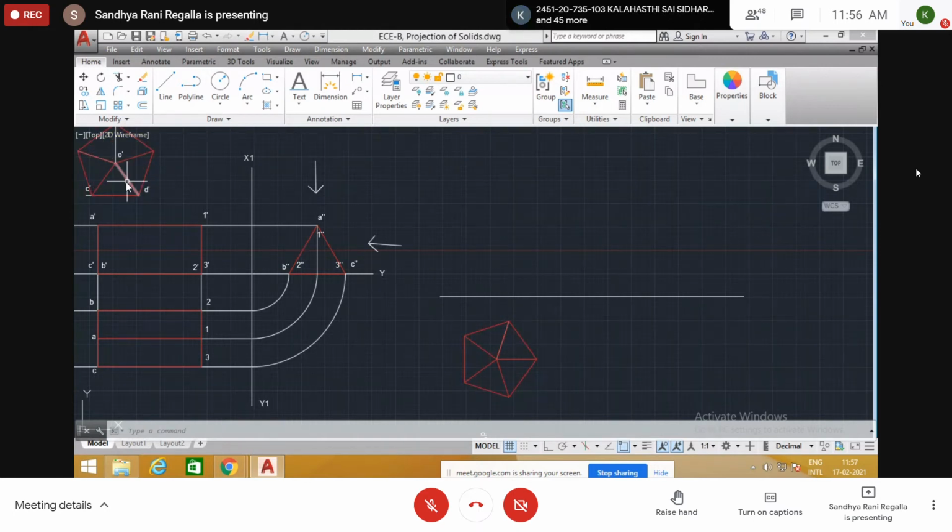If you take the other position, we don't get any slant edge parallel to XY. That slant edge we need to put parallel here. That is why we rotate in this fashion, so that one slant edge is parallel here. Okay. Now project into front view.